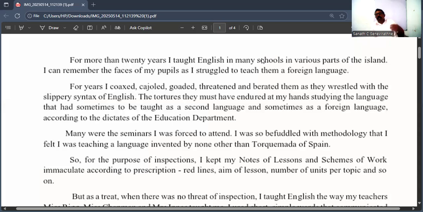Now, English should be taught as in Sri Lanka. The present process is second language. Okay, full stop. At present,